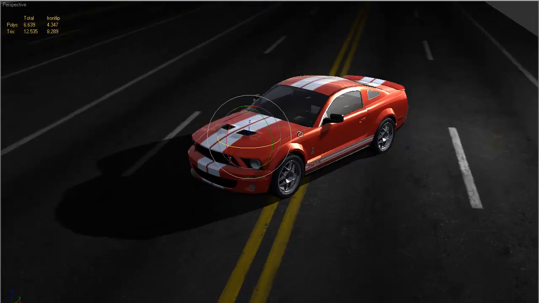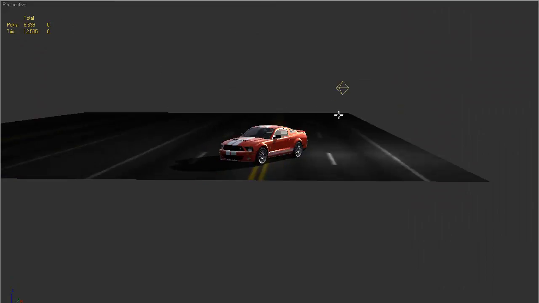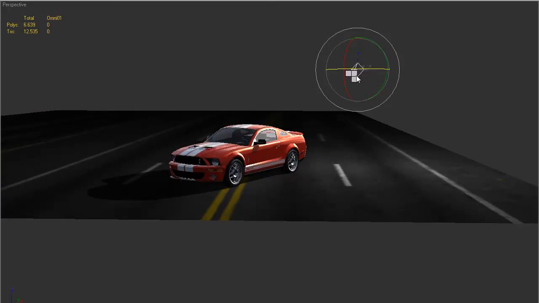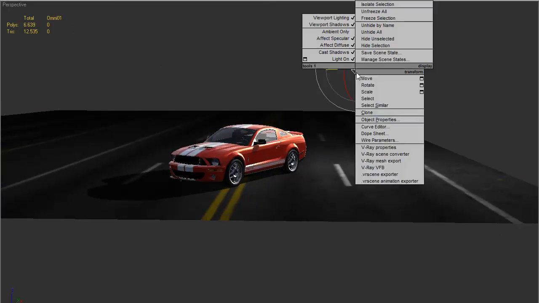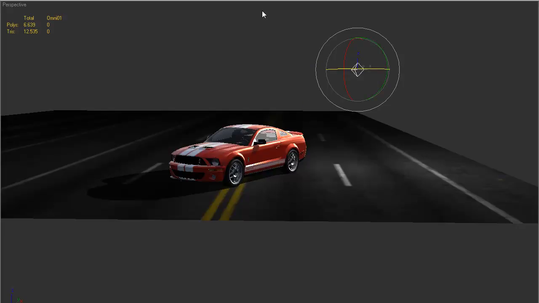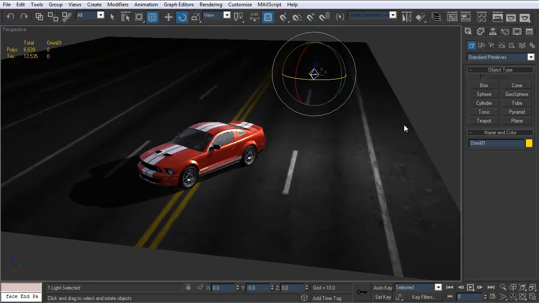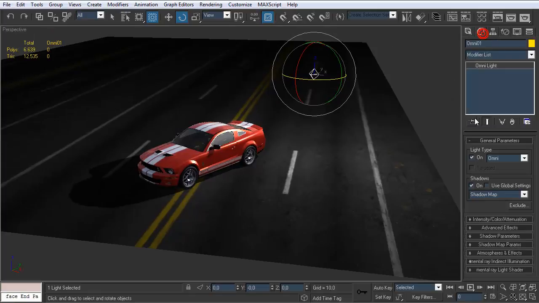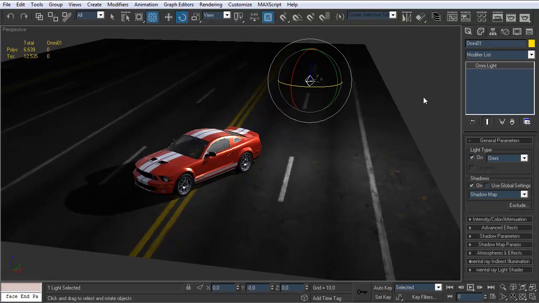How do you enable these shadows? Well, first of all, if you place a light, you need to right-click it with the light selected. You need to enable cast shadows. Cast shadows needs to be on, and then you need to enable viewport shadows down here. There's a little bit of viewport bugs. Viewport shadows is over here. You need to enable this one. Once that is enabled,